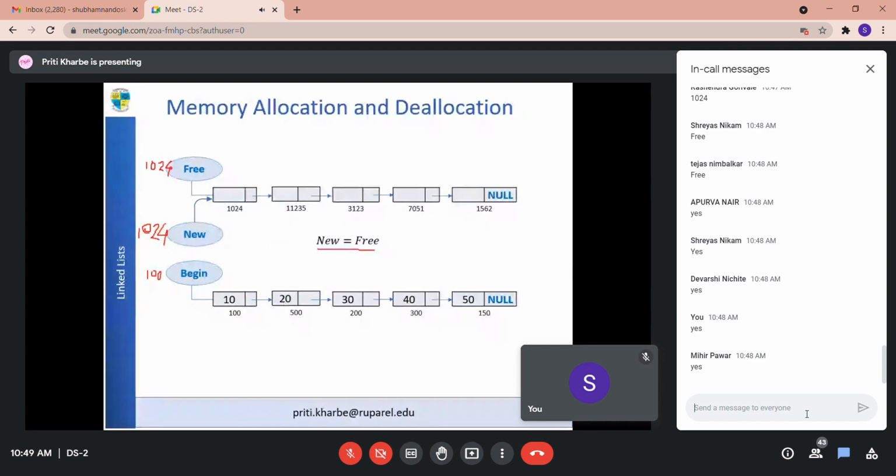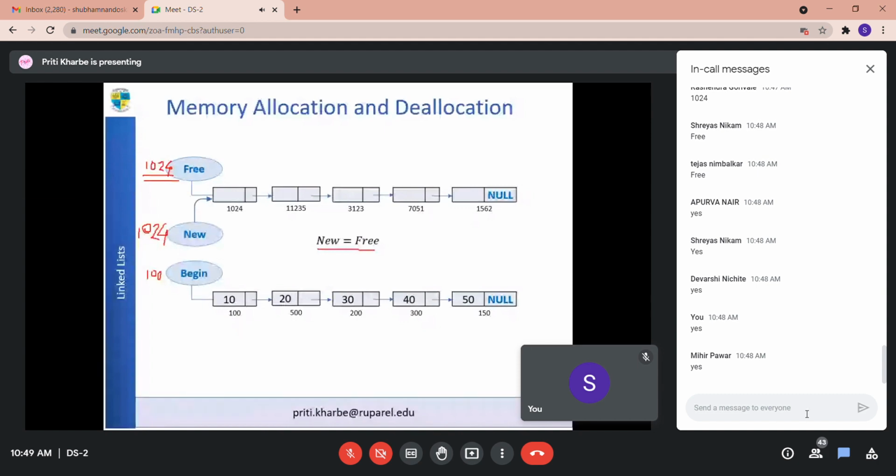Now my free should not have the value 1024 anymore. Now my free should have the address of the second node, because it is going to give that first node for inserting an element, right? Till now free was having the value 1024. Now I want free to be linked to the second node.